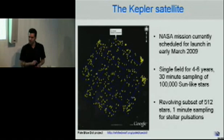We'll take a measurement of the brightness every minute instead of every 30 minutes. And that sampling is sufficient to see oscillations in the amount of light in the star itself. Stars naturally pulsate very, very subtly, a few parts per million in their total integrated brightness. And those oscillations can tell us quite easily the absolute size of the star, and therefore the absolute size of